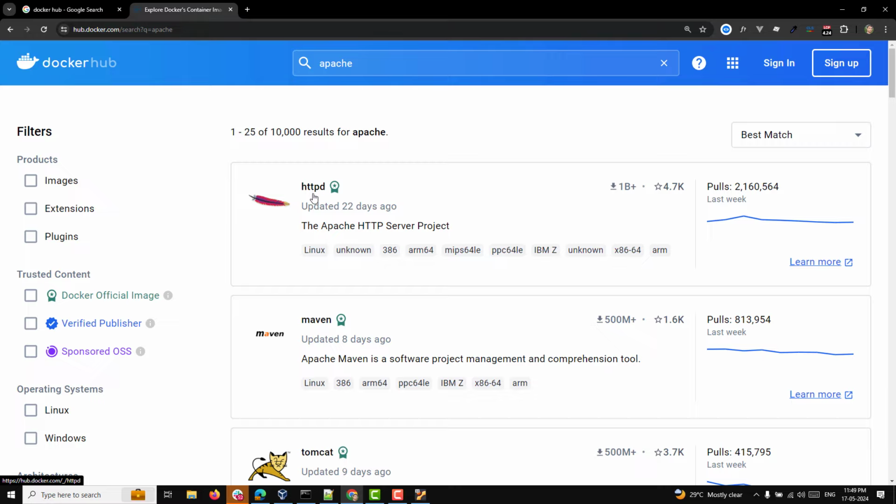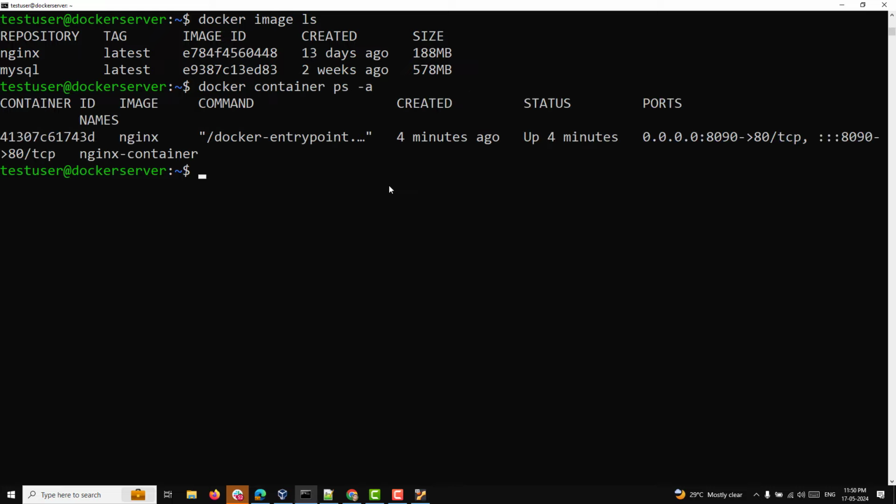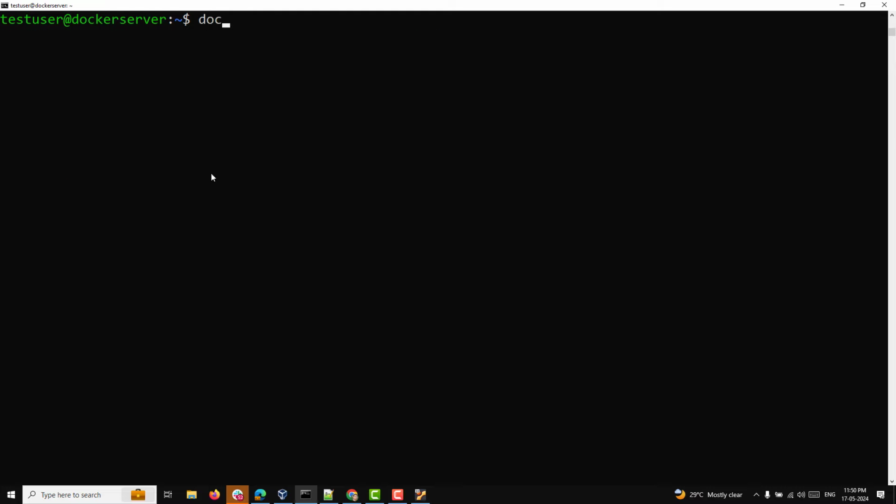Now I will show you another process for how we can create the container without pulling the image. So I will try to show you. Here, docker container ps -a, right? We have created the Nginx container. So let's try to create the new one. Docker container run, and I want to run it in detached mode, and I need to give the port number. I need to connect to the Docker host machine 8080 with the